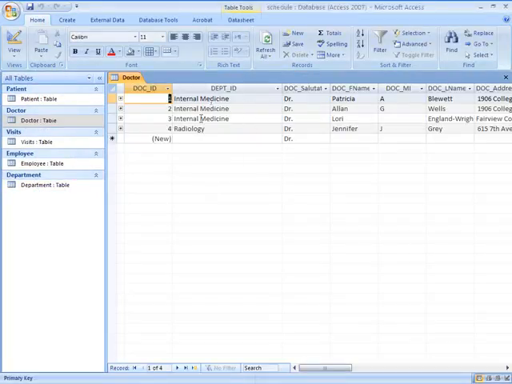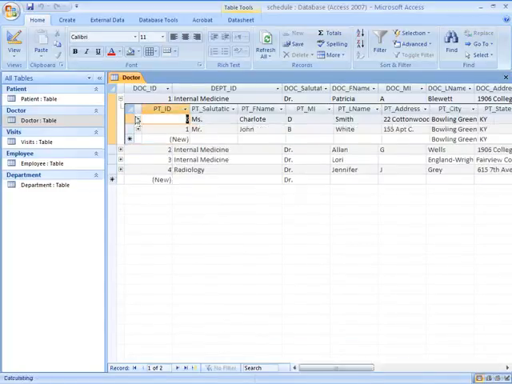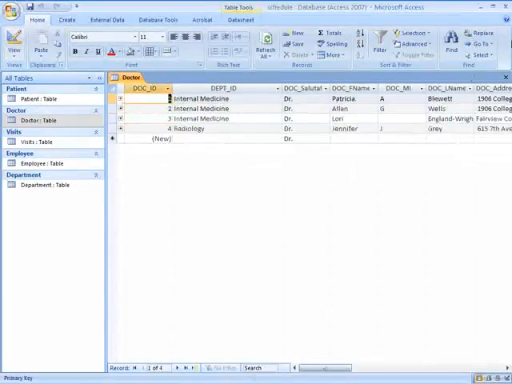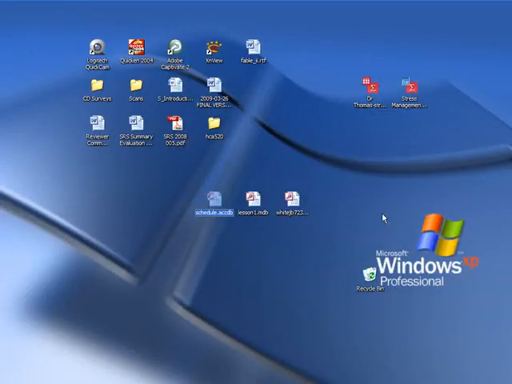And just to show you that the ID is still there, the department, there it is. And again, you can still click on that and then drill down in between all of these to go find the different patient schedules and things like that. And that concludes this particular lesson on